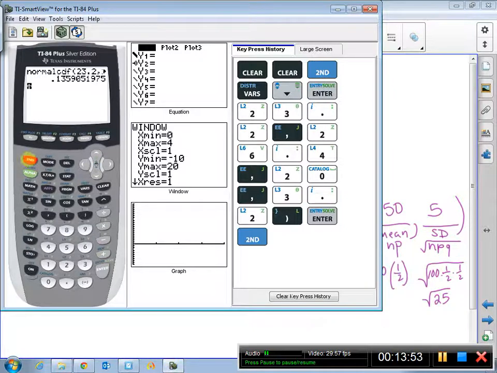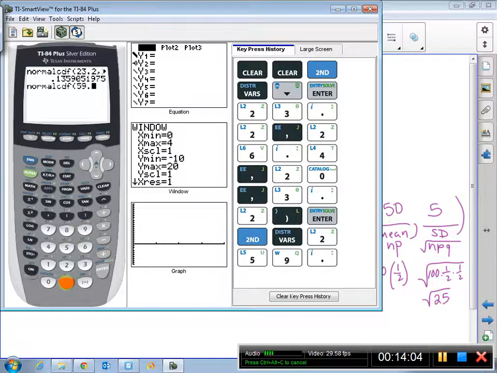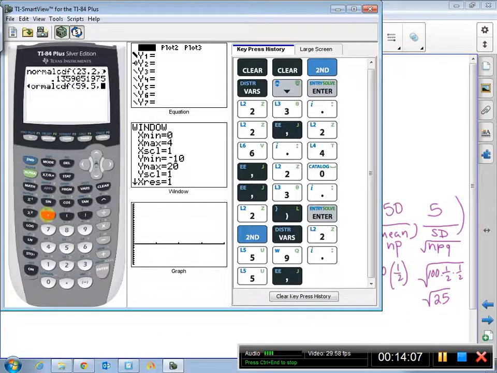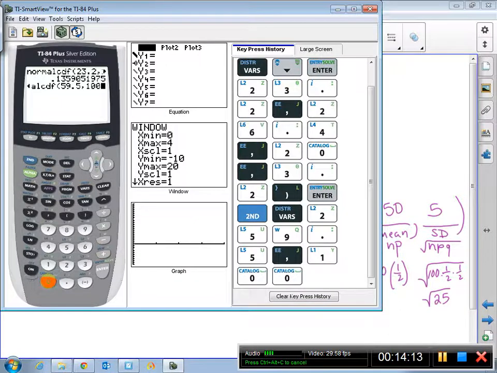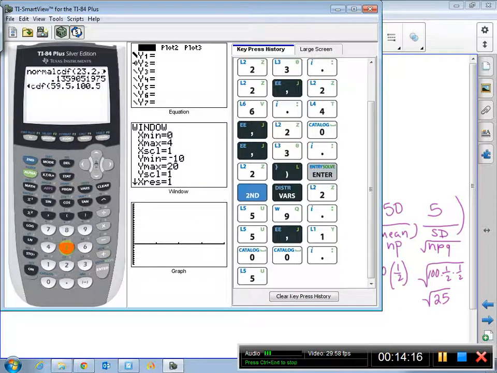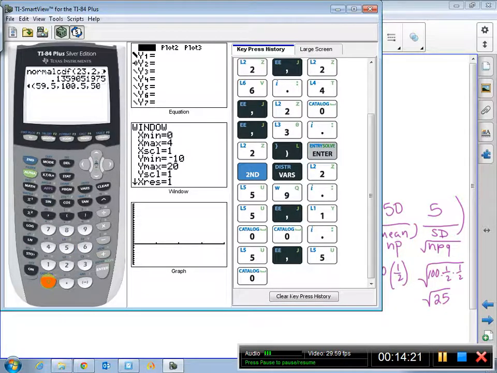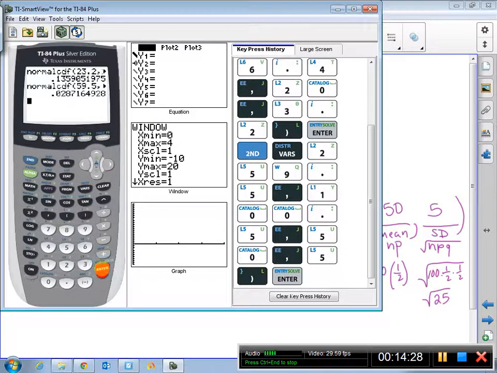Second distribution, or second vars. Normal CDF is choice 2. And here we go. 59.5 is our low, because we're doing at least. 100.5 is our high, comma. Our mean was n times p, comma. And our standard deviation was just a 5. All right. And so the probability that that would occur is 0.029,